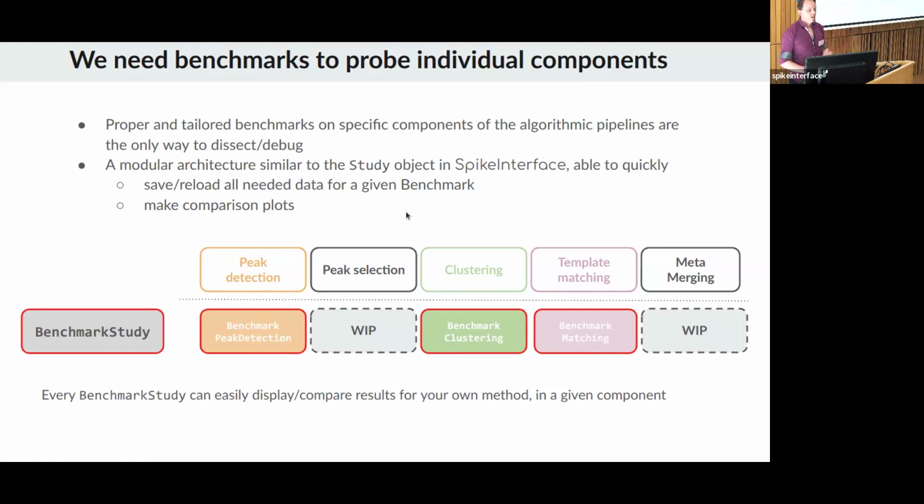All those objects are really easy to create. They can launch various methods, save all the results, reload the results, make plots, and provide metrics and quantitative measures about how good this step is, such that you can clearly know for a given particular dataset or sets of data, if you have a ground truth. So that's the trick here, in a sense: you can benchmark it and assess how good you are.